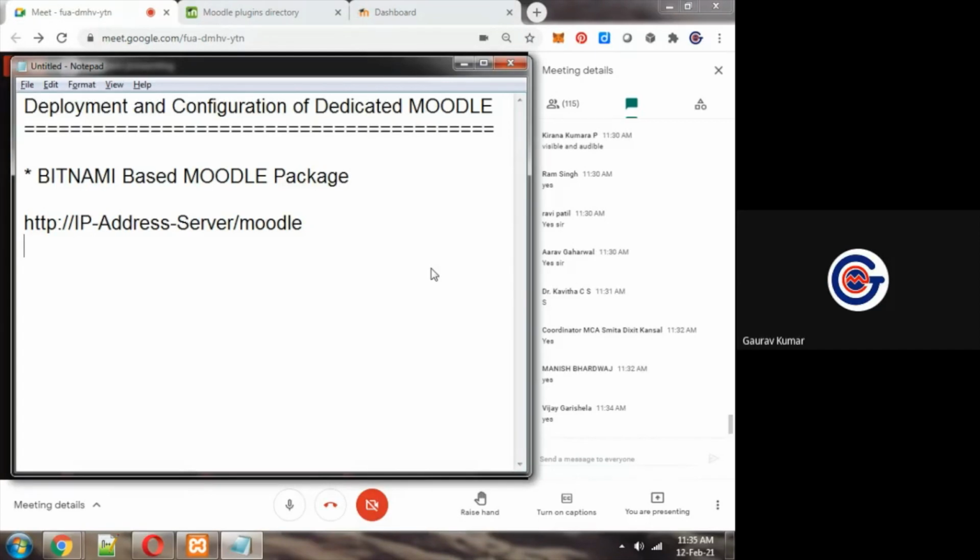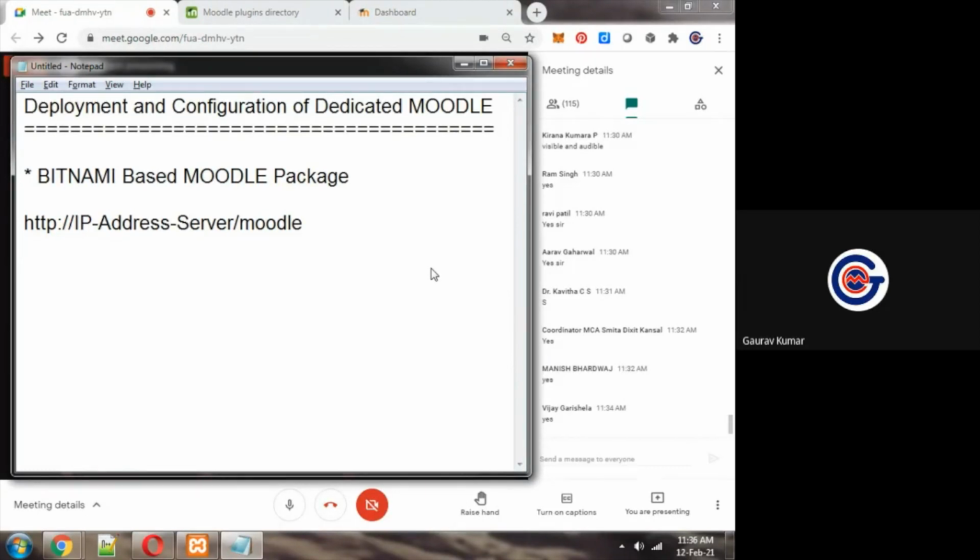So one computer, one server we prepare in which Moodle is installed, and all other machines in that network will access Moodle via IP address. If we are using a real, actual IP address, then it will become a cloud-based application. It will become internet-based deployment. If that IP address is a local IP address within the institute, it will be accessible within intranet.